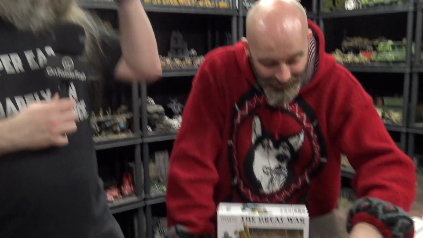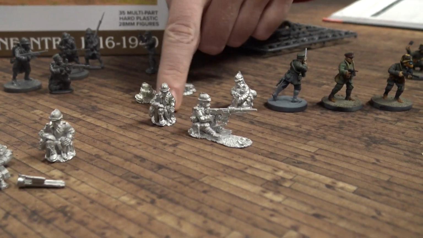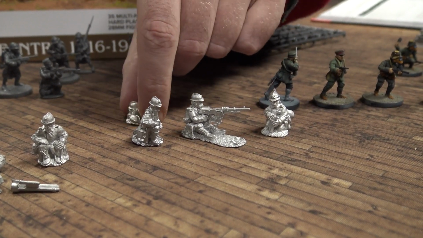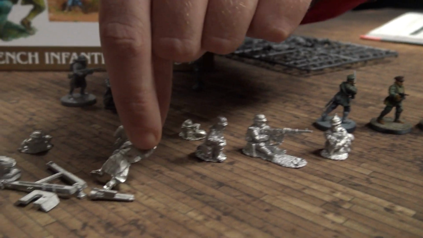I've reached out and touched another company to get Frenchies. Great War Miniatures didn't do what I wanted. So you're trying to find things like Hotchkiss heavy machine guns and things like that. Pain in the backside. These come from Scarab Miniatures. So we've got a Hotchkiss and we've got a 37mm